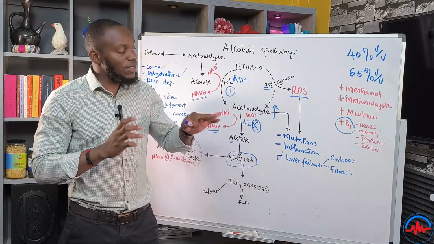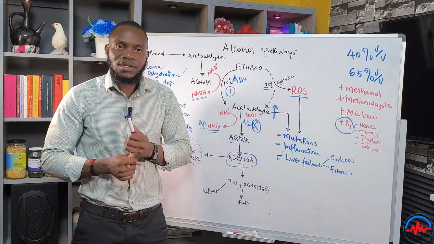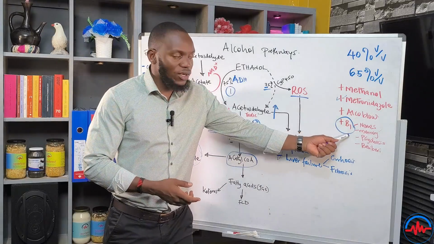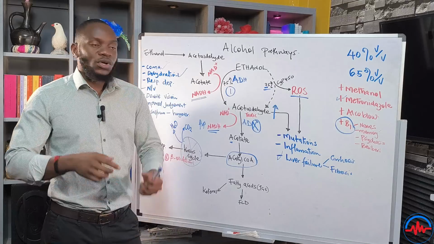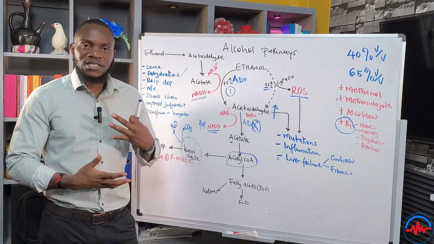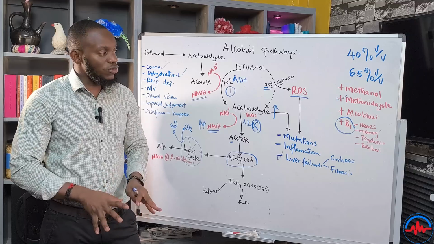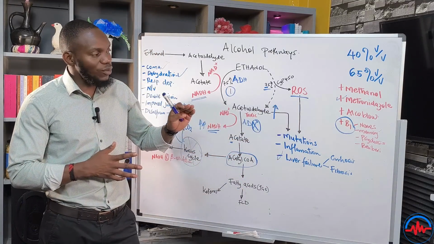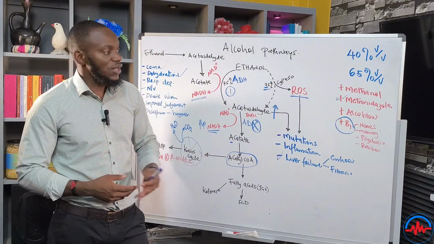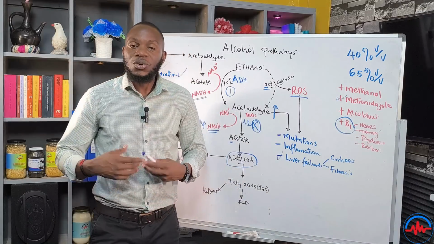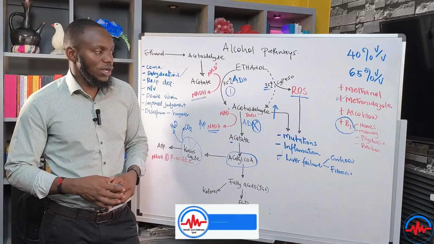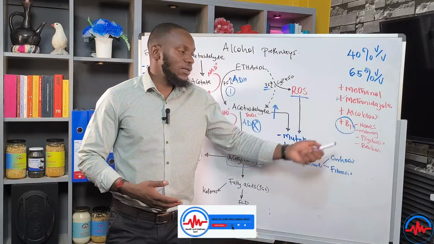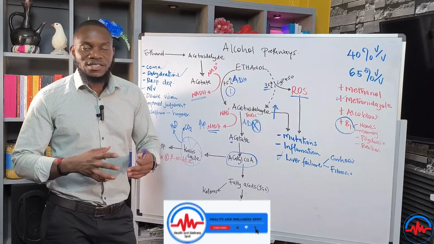Now, this vitamin B1 is necessary in brain development and in nerve function. Therefore, if you end up having vitamin B1 deficiency, you're going to have nerve problems: numbness, tingling, sometimes very hot feet or cold feet. You're going to lose memory. That's why people who drink alcohol can't remember most of the things. You're going to get into psychosis, psychotic symptoms are going to come by. The liver problems. Also, you're going to get beriberi, which is a deficiency of vitamin B1.